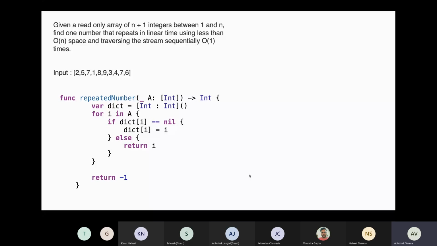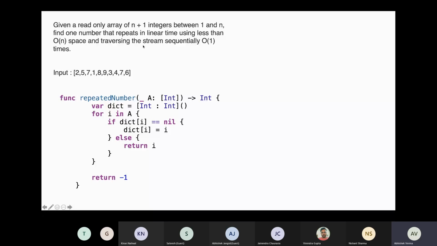So basically the input array has been given, and it is a read-only array, so we cannot modify this particular array while designing our solution. Also, it has been said that this array has numbers from 1 to n, and its size will be n plus 1.